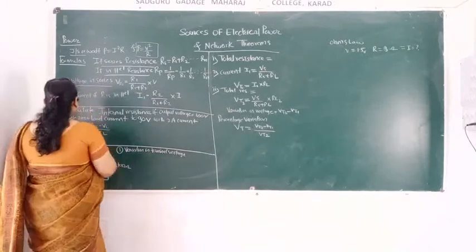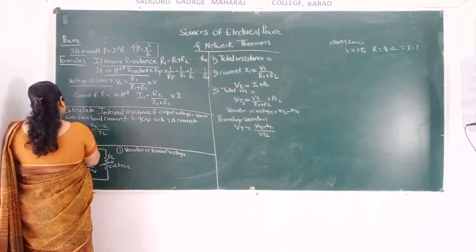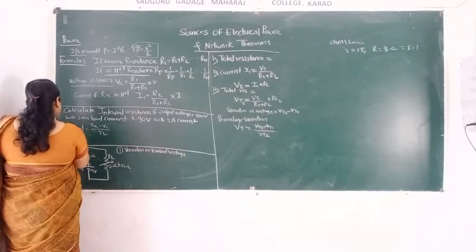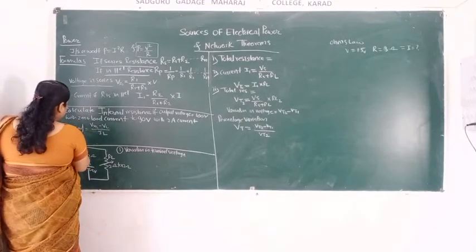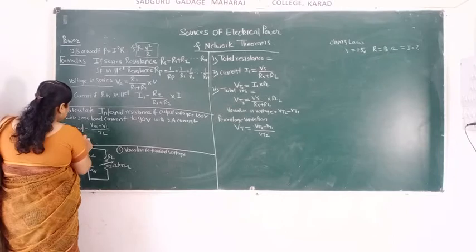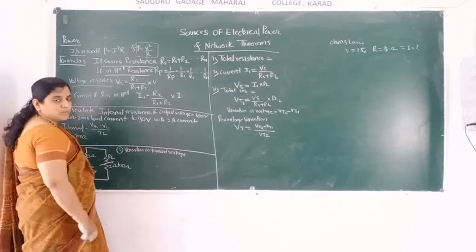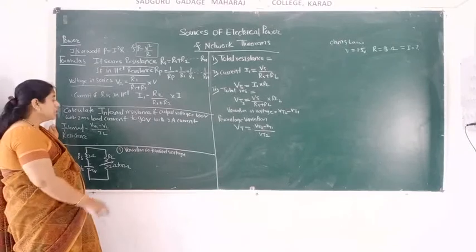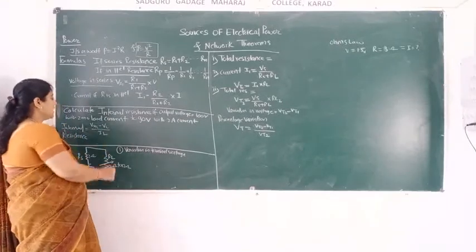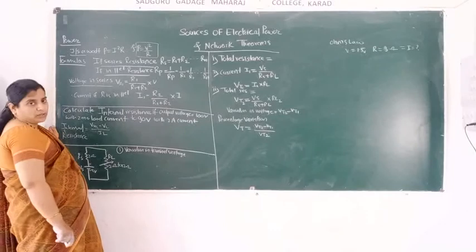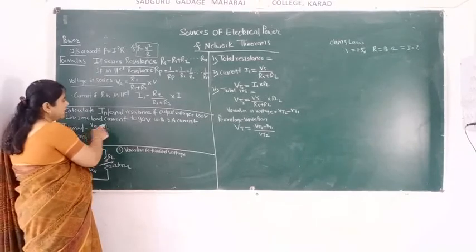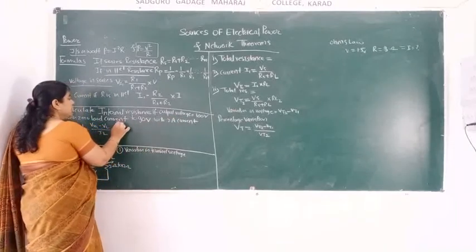So for internal resistance, we have the formula that we saw in the last lecture: VNL minus VL upon IL. VNL means the voltage with no load current, VL the voltage with full load current, and IL the current at that load, as we saw in the previous lecture. So VNL, how much is it given? First, write down the given data.